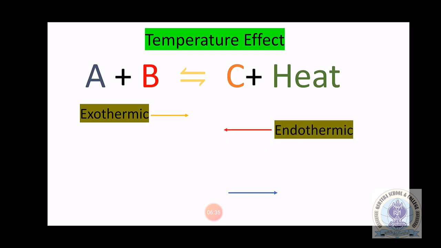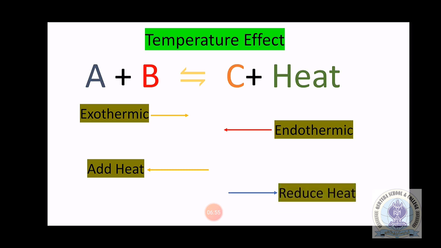Now what will happen when we add heat? When we add heat, as you can see, the reverse reaction needs heat. So the reverse reaction will be favored and the equilibrium will be shifted towards the left. Similarly, when we reduce the heat, the forward reaction will be favored and the equilibrium will be shifted towards the right. Dear students,